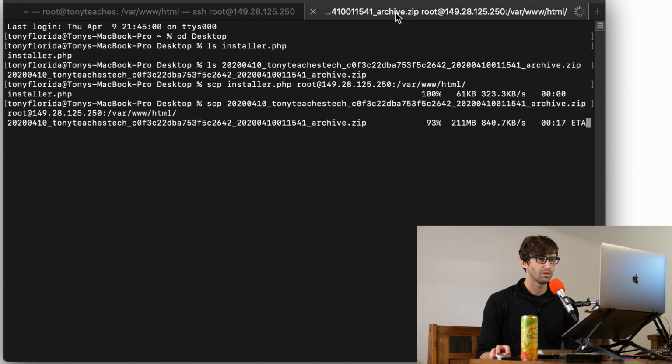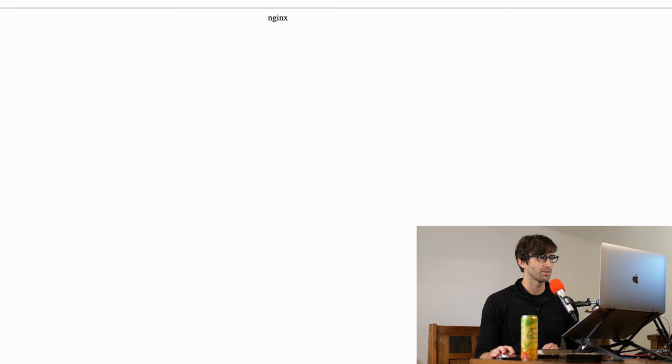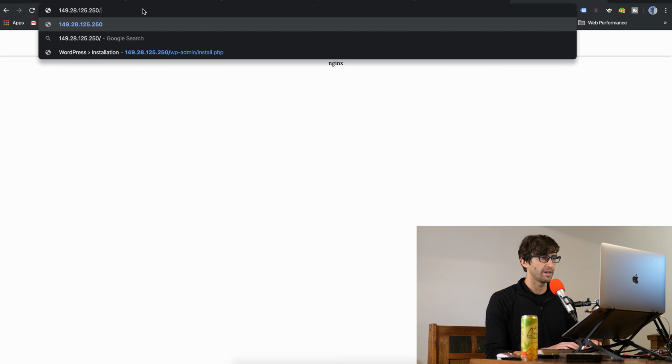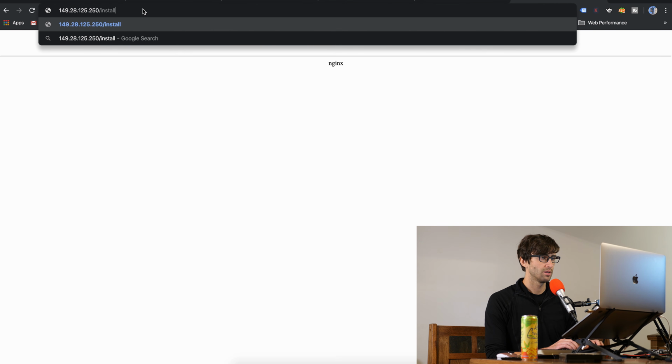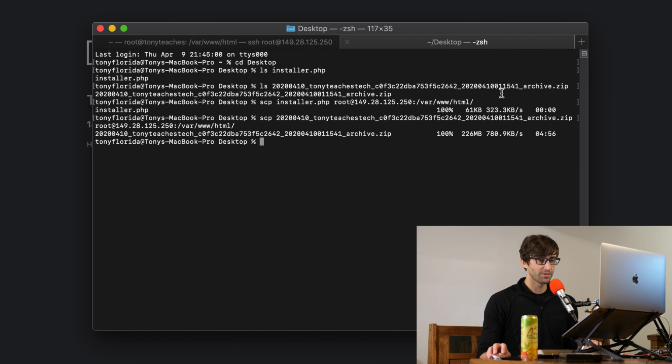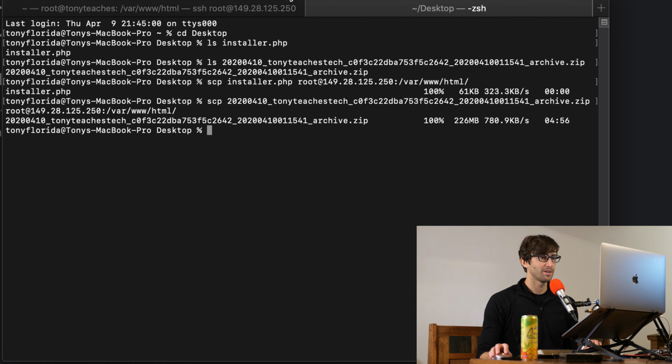So we got 16 seconds left, so let's go over to our web browser, and we're going to go to the IP address /installer.php. Hit enter, and this is what I was afraid of, but I'm happy that we made a backup of the WordPress installation directory, if you remember that, in the temp directory. This finished copying, so that's good. Keep that in mind, but